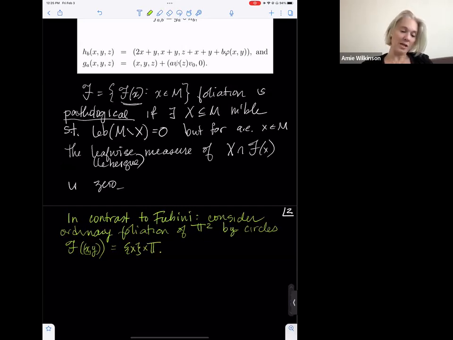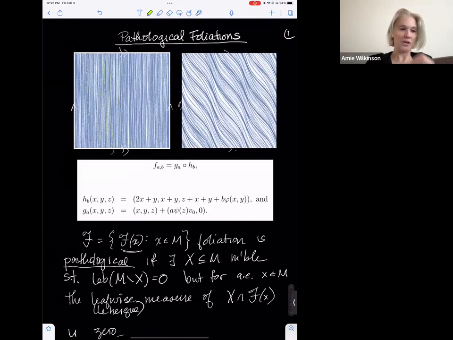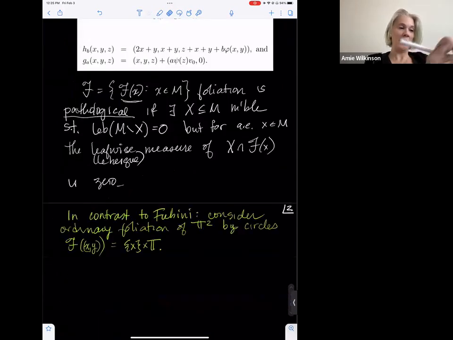Okay, so if you consider that foliation, that's just the ordinary foliation where I draw straight lines instead of these sort of wavy lines. In that case, what Fubini's theorem tells you is that for any set X in T2,